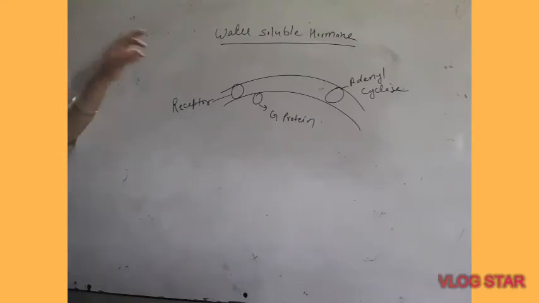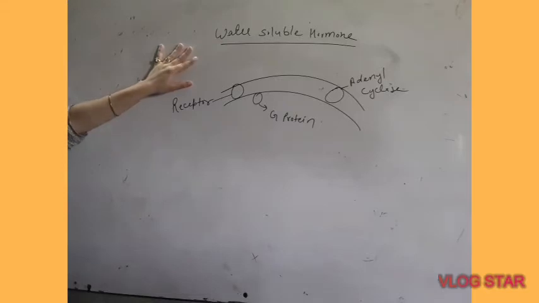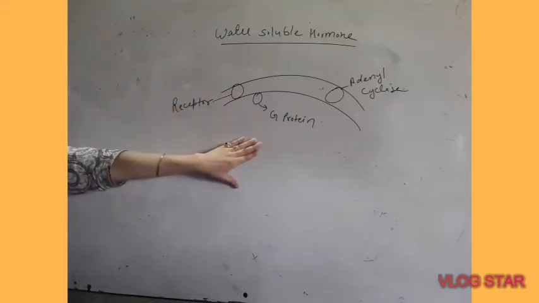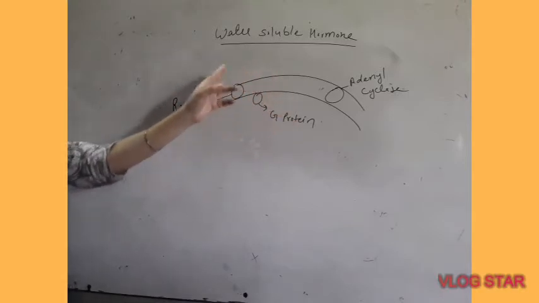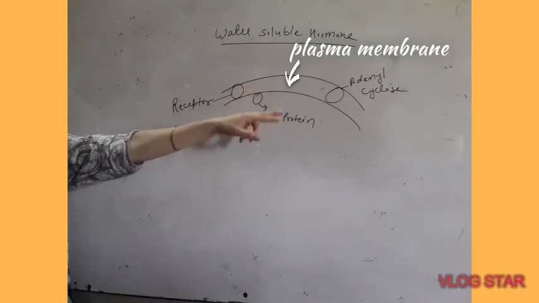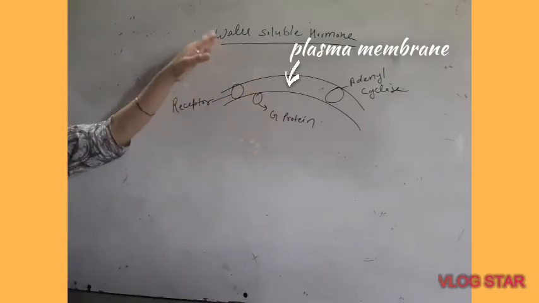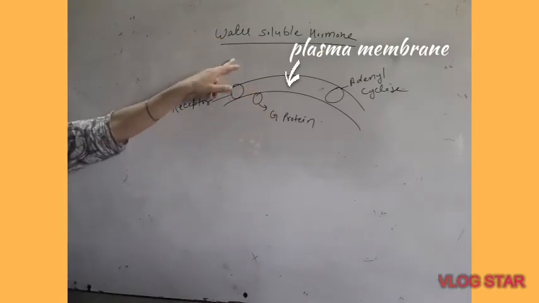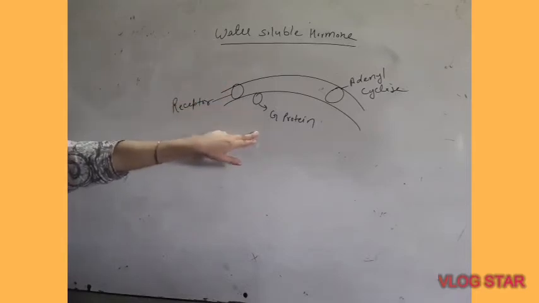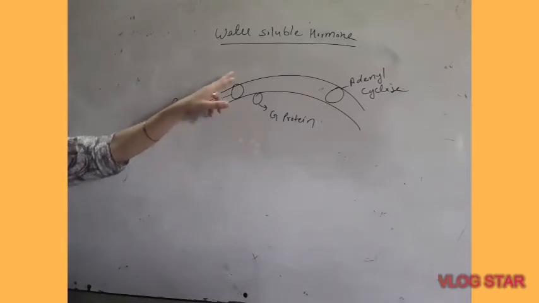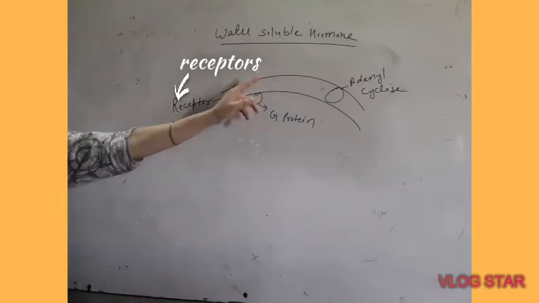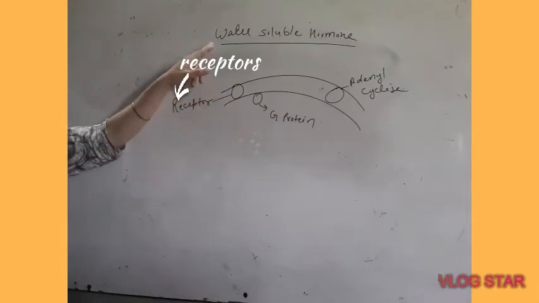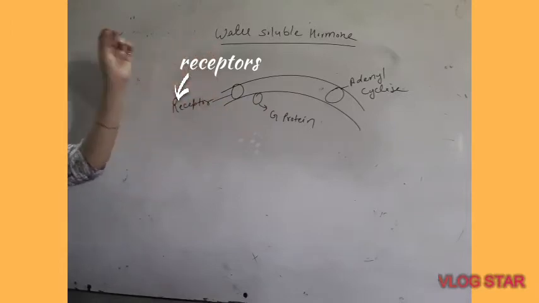These water soluble hormones have to enter inside the cell to complete their function. So this I have drawn is the plasma membrane of the cell. These water soluble hormones like insulin cannot directly go inside the cell. To go inside the cell, it needs the help of some receptors which are found over the plasma membrane. So water soluble hormones complete their actions with the help of